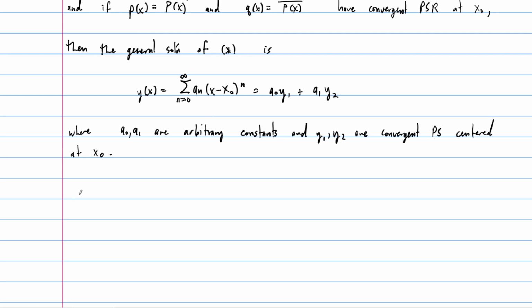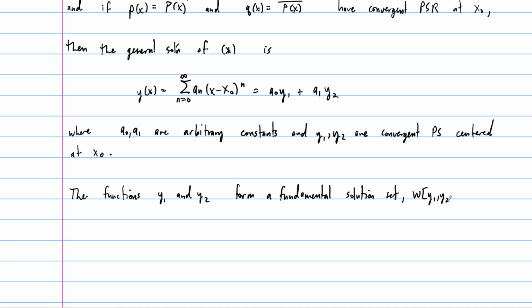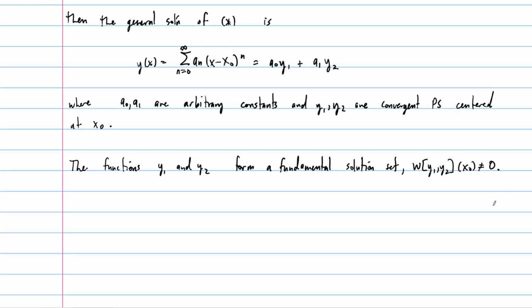So that's the existence. We can find a solution. The next part of it says that actually this solution is unique. And so it says the following: the functions y1 and y2 form a fundamental solution set. So that means their Wronskian is non-zero. So there's your uniqueness. They form a fundamental solution set. So again, that means that the Wronskian at the ordinary point is not zero. It's non-zero. And then finally, the radius of convergence